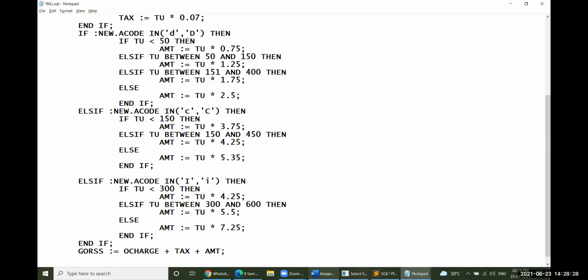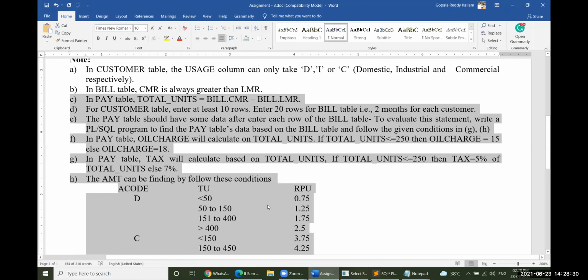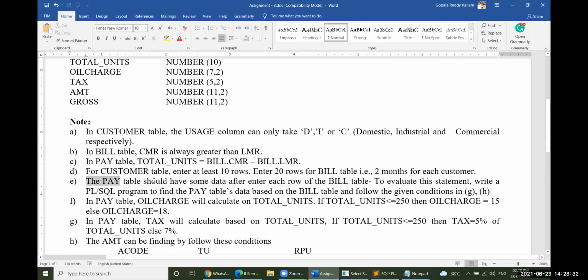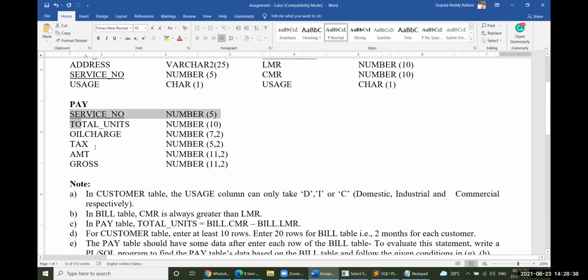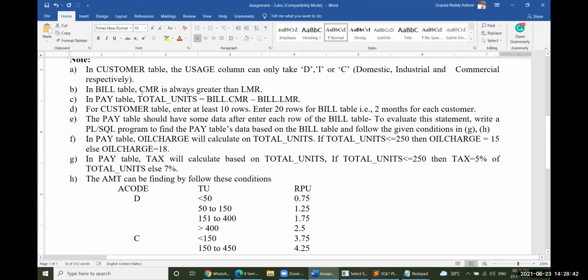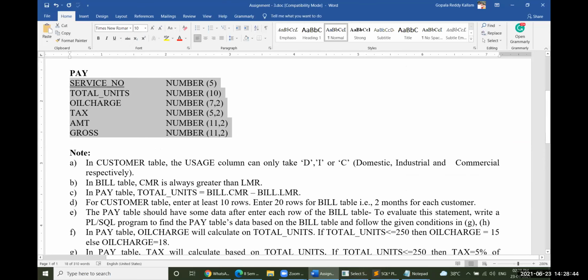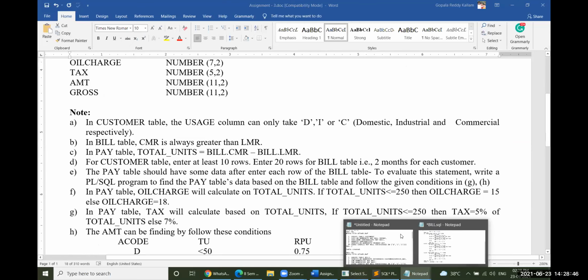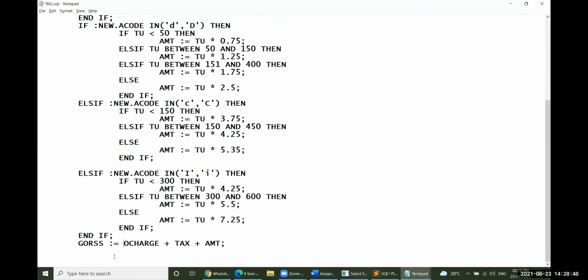After completion of this, we are trying to update the pay bill. What are the components of pay here? These are the columns or attributes available with pay.